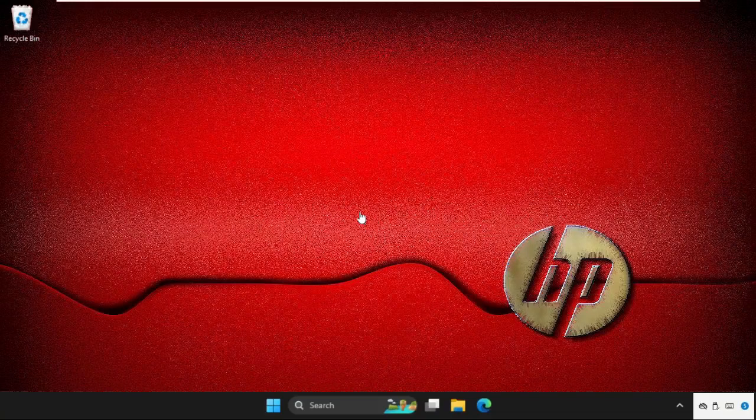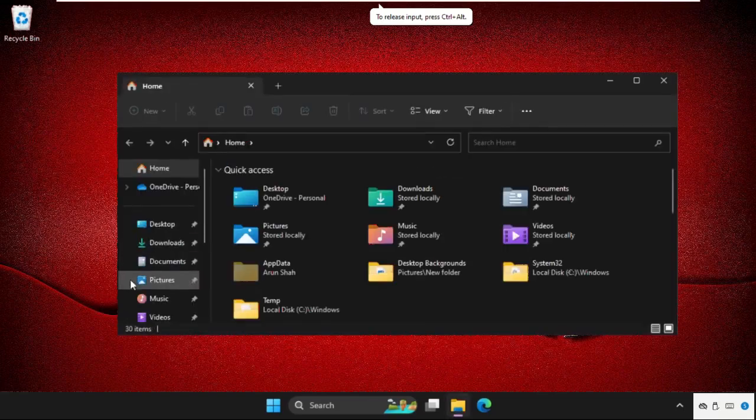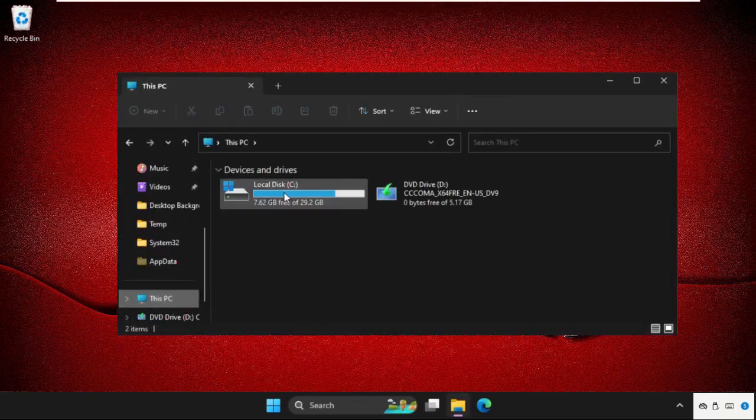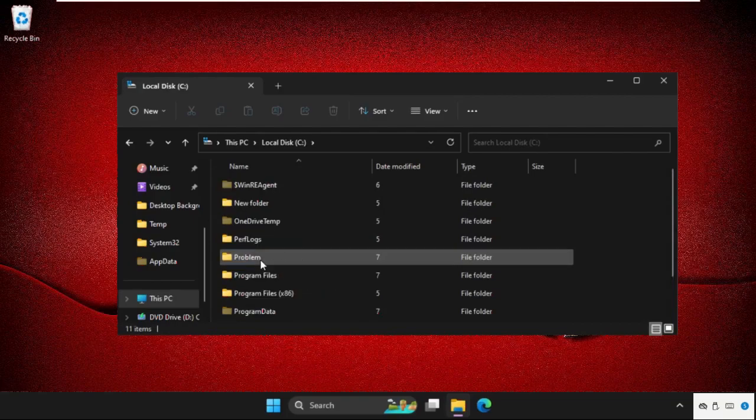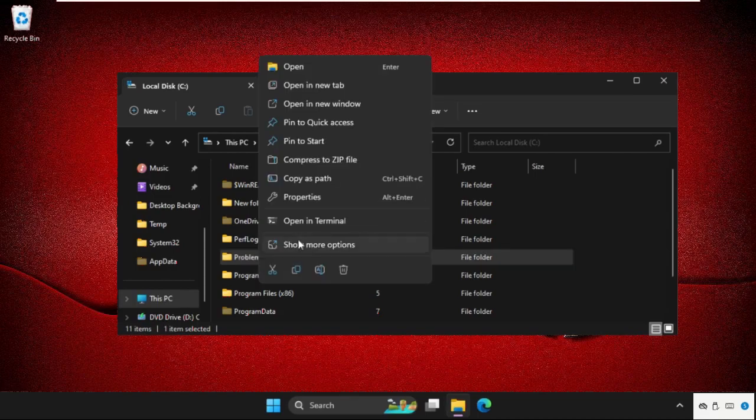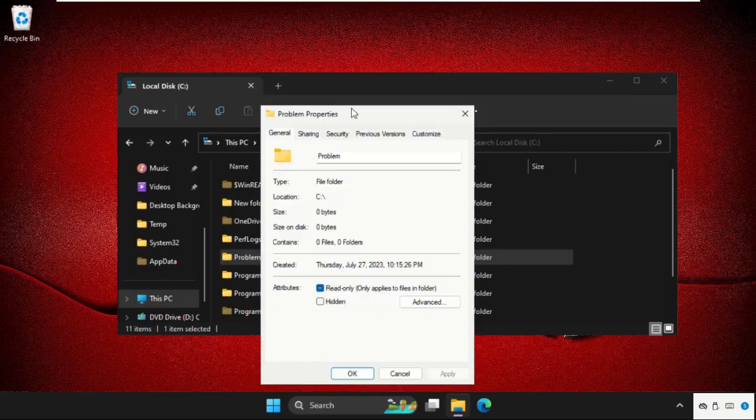Hey guys, I will show you how to fix this problem on Windows system. So for example, this is the folder we are having a problem with. We will take this folder, simply right click on it, select properties, then we need